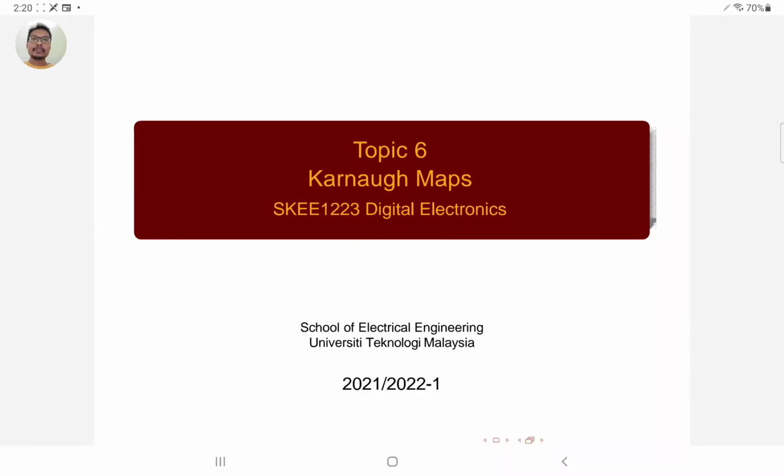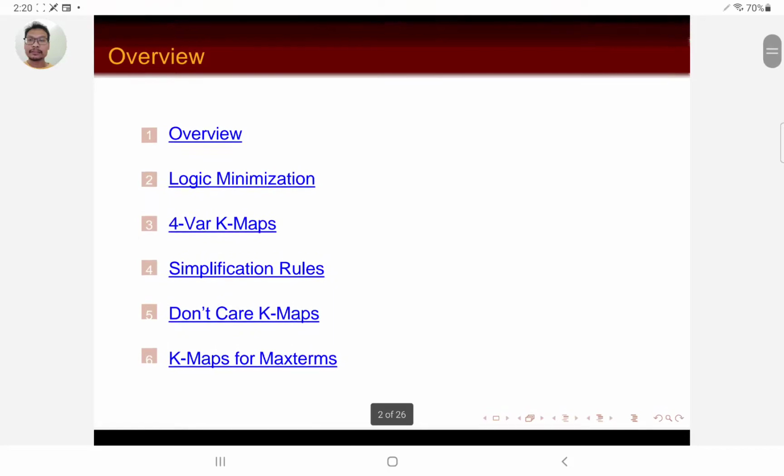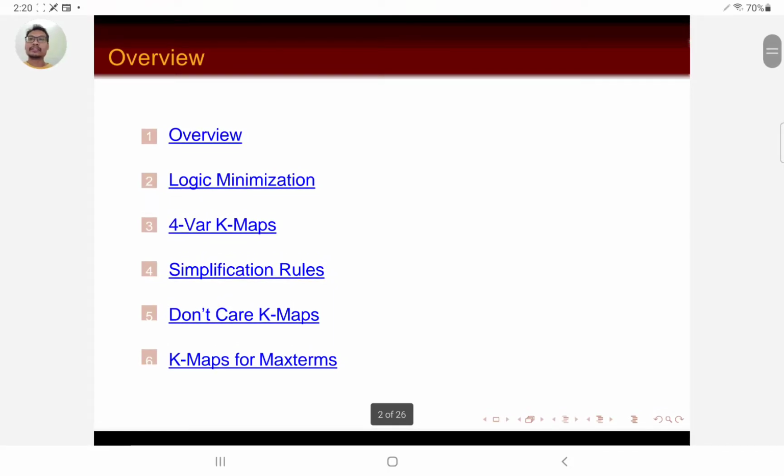Okay, hello everyone. Let's proceed with topic 6, Karnaugh-Maps. So let's go straight into it. So this is the overview of our lecture for this week. We're going to cover the K-map methods to do Boolean simplification. So basically we're going to look at the logic minimization methods, 4 variable K-maps, simplification rules, don't care K-maps, and